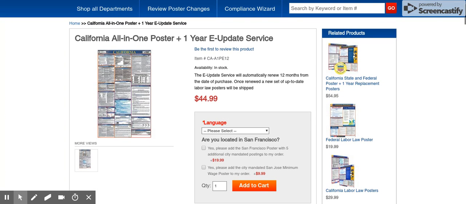Okay, so we're going to look at how we edit and set up the city poster options on a label or poster product. We're going to do that with this product, which is the California All-in-One Poster Plus 1 Year e-update service. Before we get started, we're actually going to look at a spreadsheet that I would typically give to